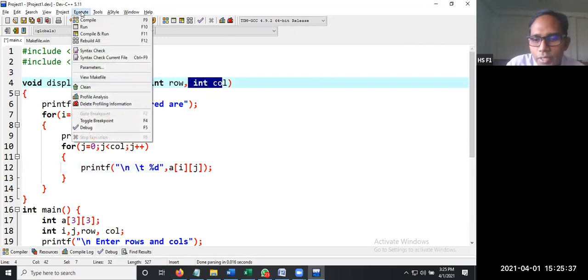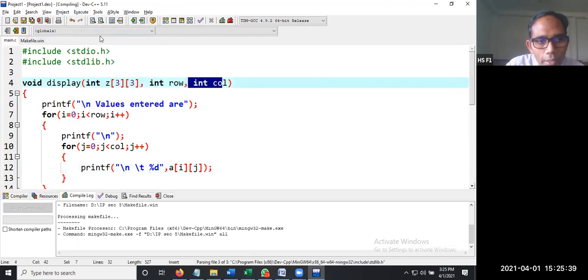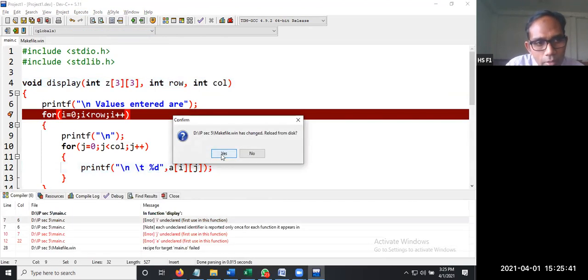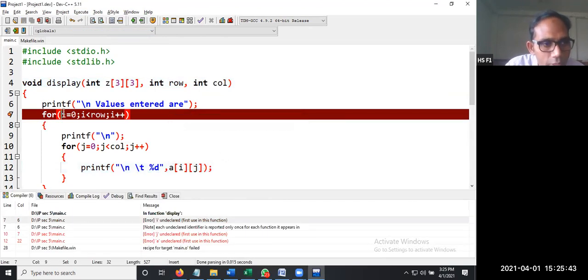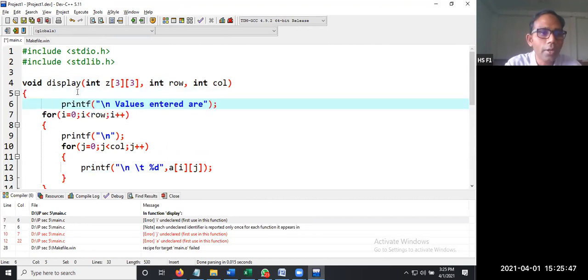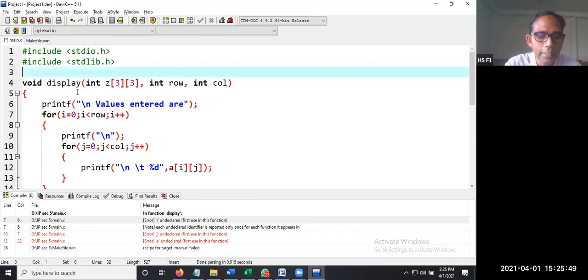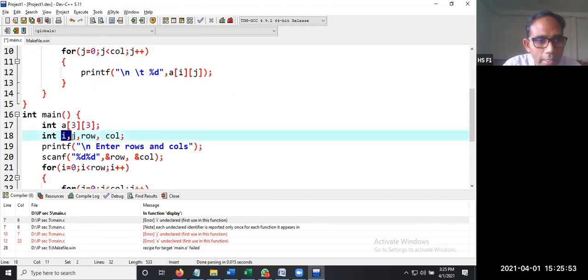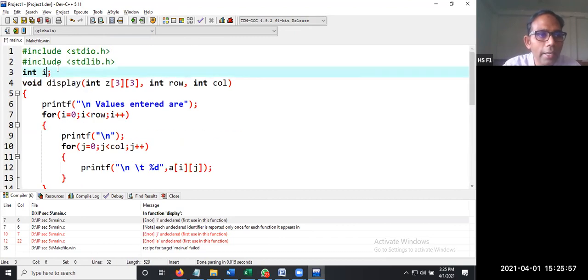Let us execute and see what output we are going to get. Yes, what happened? We are using the i variable, but we didn't declare the i variable inside the function. So in order to avoid all these issues, you can directly declare integer i, and in main you need not write integer i comma j. Let us declare integer i comma j as global variables.